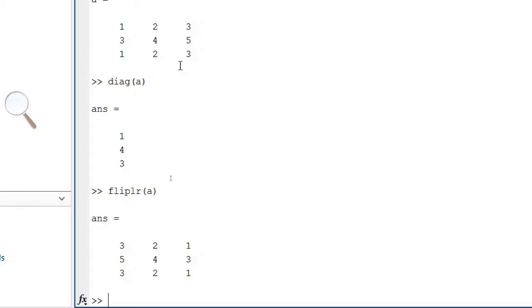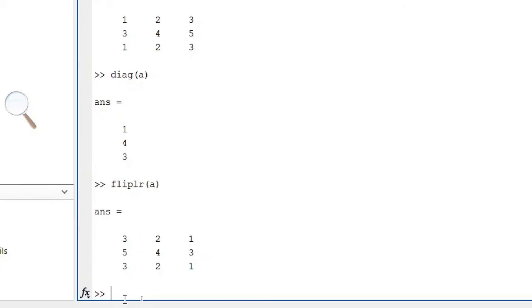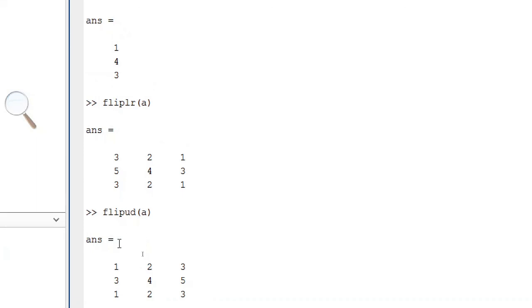This time it has been flipped right to left. We can flip it vertically as well, for example by using the function flipud, passing in the matrix as the argument. So here we see this time it has been